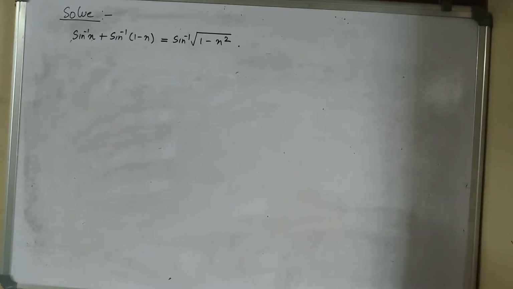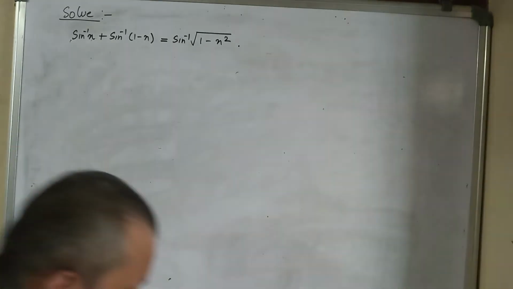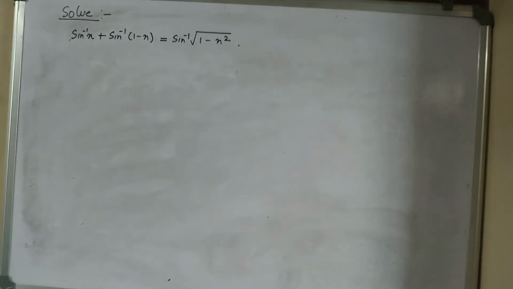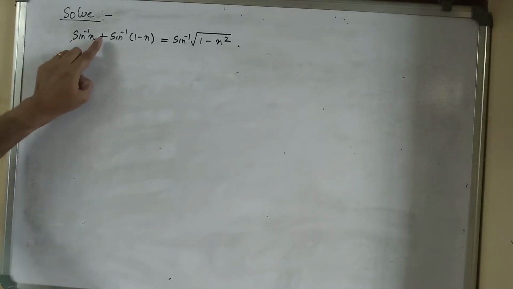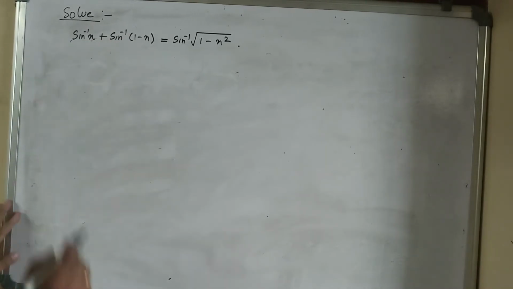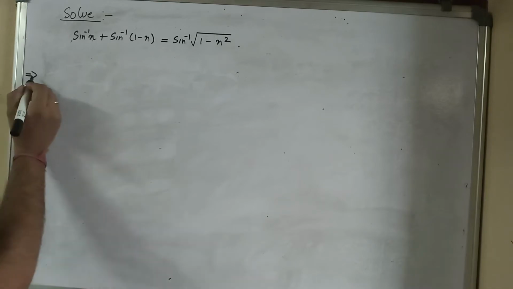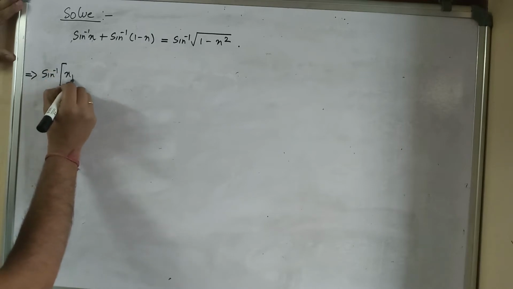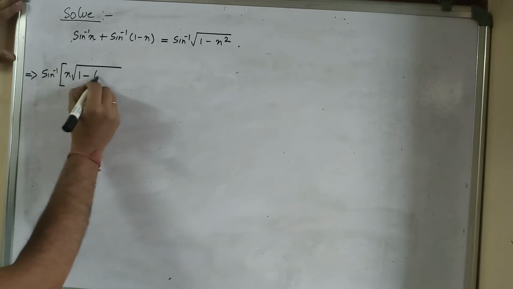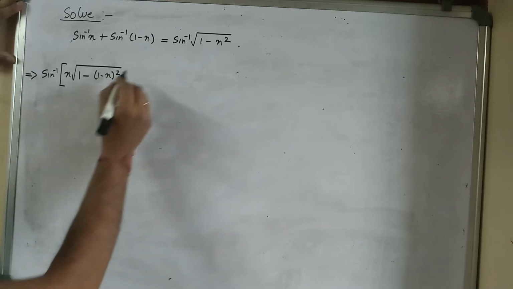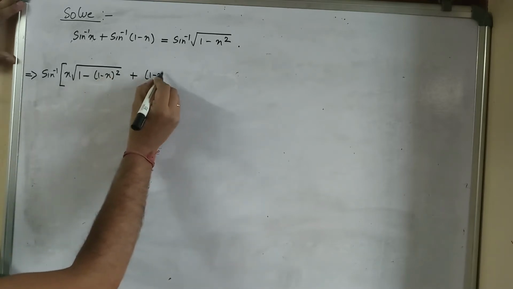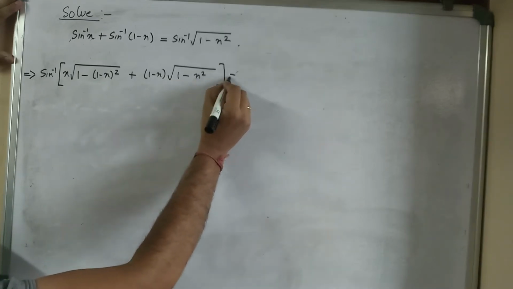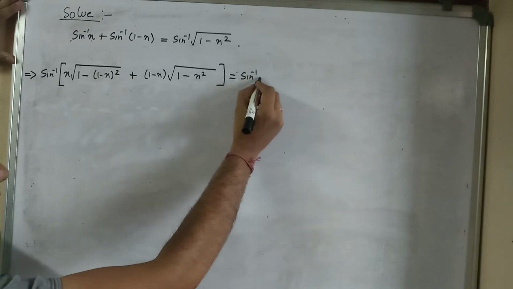Now another question, a different type. In this question both the left hand side and right hand side contain sine inverse, so I'll use the direct formula method. The formula for sine inverse x plus sine inverse y is sine inverse of x under root 1 minus y square plus y under root 1 minus x square, equals sine inverse of under root